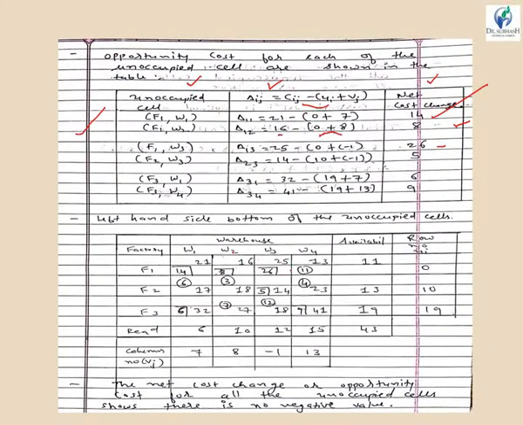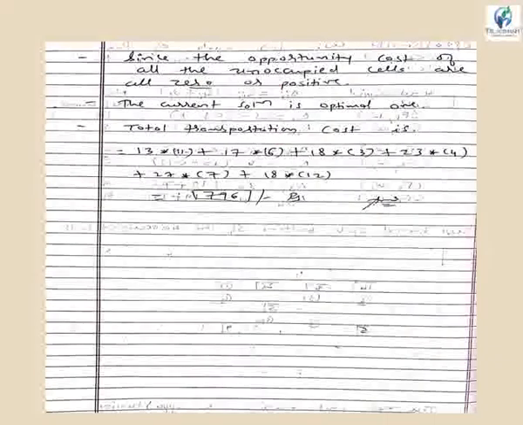You can see wherever there are allocations, we follow the same procedure: 13 into 11, 17 into 6. The values shown inside the bracket show Xij, that is the number of units that can be transported from the ith source to the jth destination, and the value without brackets is the unit cost of transportation. So if you do the calculations, you will find that the total transportation cost is 796.